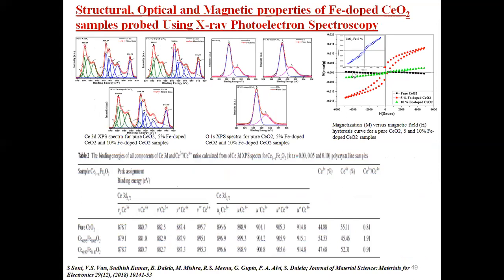The MH curve initially, which is black, is actually the pure cerium oxide curve. Pure cerium oxide by nature is diamagnetic. It is showing diamagnetic behavior, but it is slightly dominated with a ferromagnetic part. But in this red color MH curve, you can see a clear indication of a ferromagnetic curve. A ferromagnetic MH curve always shows a hysteresis loop. So with 5% Fe doping, cerium oxide becomes perfectly ferromagnetic at room temperature.